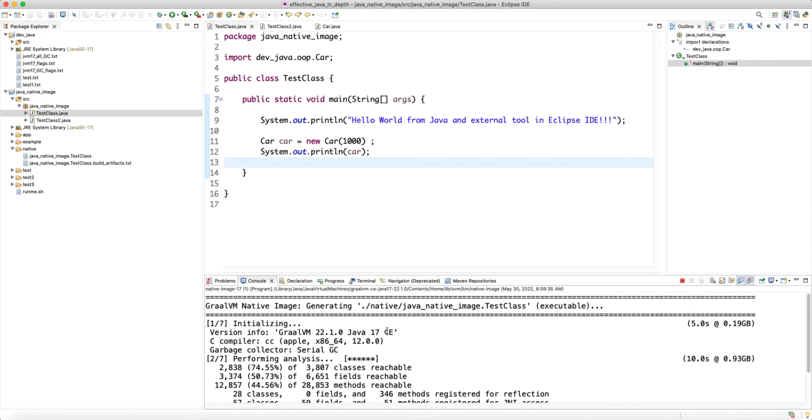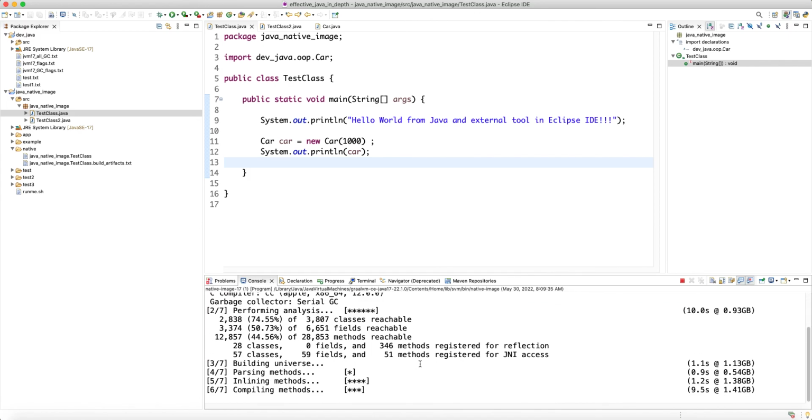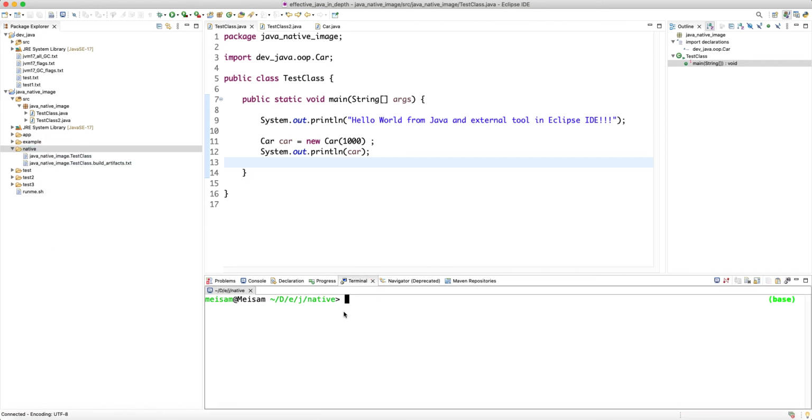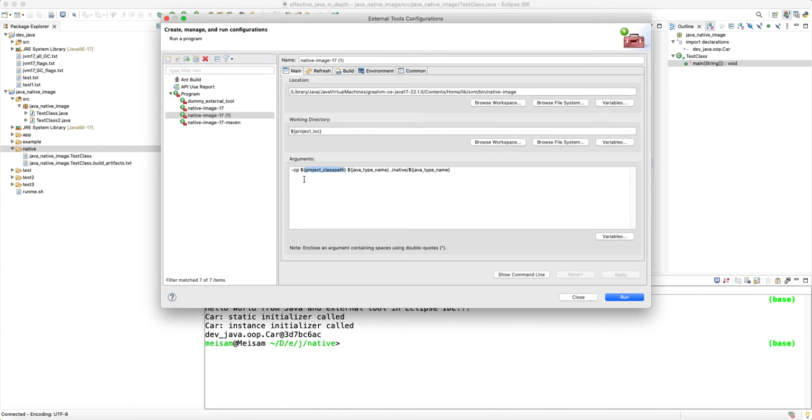Because right now we explicitly give the native image the dependencies. All right, the compilation finished. Let's refresh, go to our terminal, and let's execute the last command. And now it works, right? So again, the idea is that Eclipse is already aware of all the dependencies of the class path of your Java project. So definitely take advantage of this